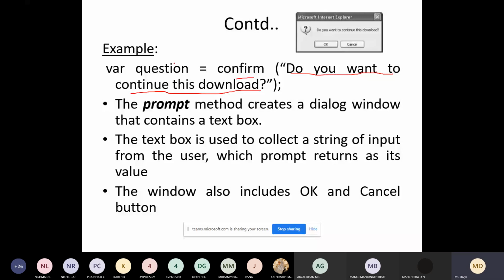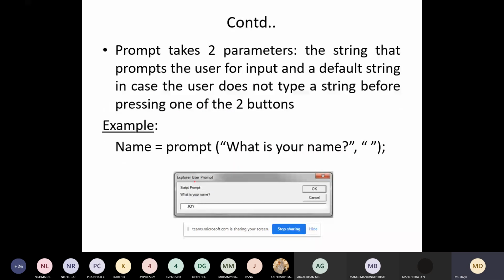One more method, the prompt method. We have already used the prompt method in the lab program. The prompt will be something like this. Here the prompt method takes two parameters. The first one is a string that you want to display here, so what is your name, enter the string, enter the number. The second one is a default value, which you can leave blank or you can write a default name.